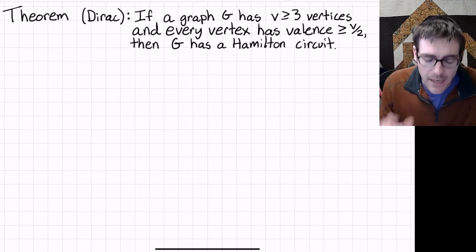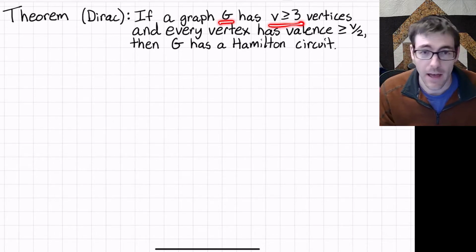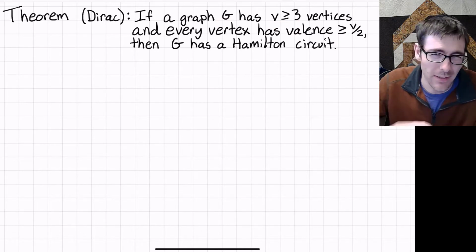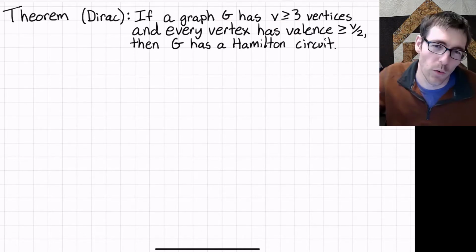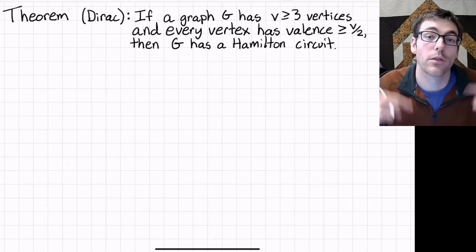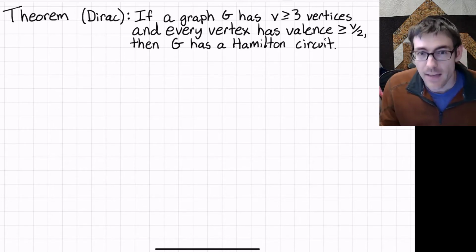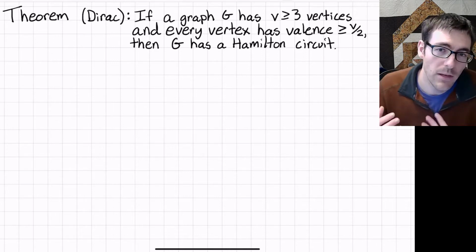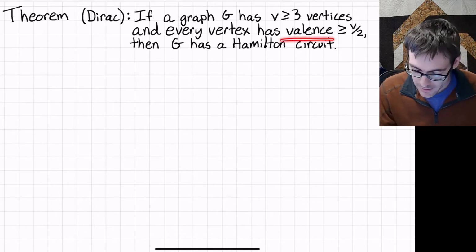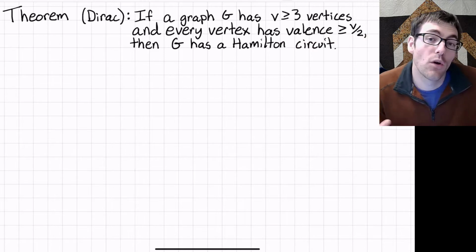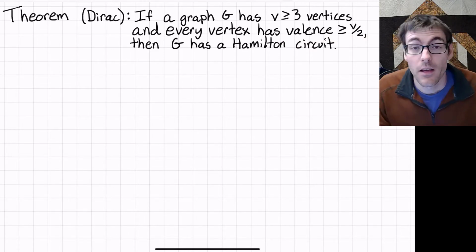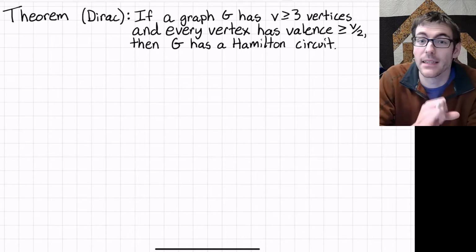So let's take a graph, and let's say that our graph has at least 3 vertices. For 2 or fewer vertices, we often don't even have circuits, so we're just ignoring those cases. Our graph has at least 3 vertices, and it's the case that we have a lot of edges. And in this context, what I mean by that is that every vertex has at least v over 2. In other words, if our graph had 12 vertices, we're saying that each vertex has at least 6 edges coming